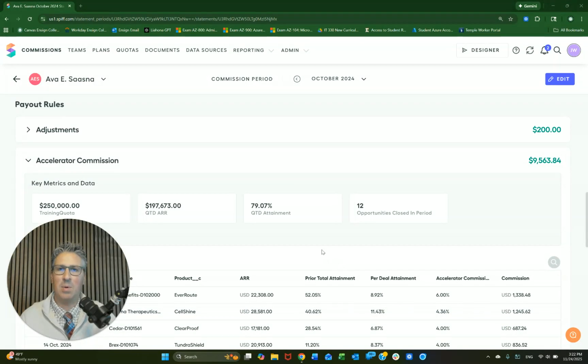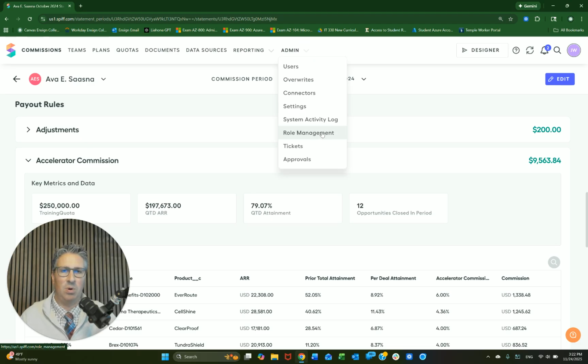All right, the last thing that I want to show you, the last addition that was made in Q4 of 2025, is being able to do role management and actually create your own roles. So if you click up on admin at the top of your screen and go into role management,